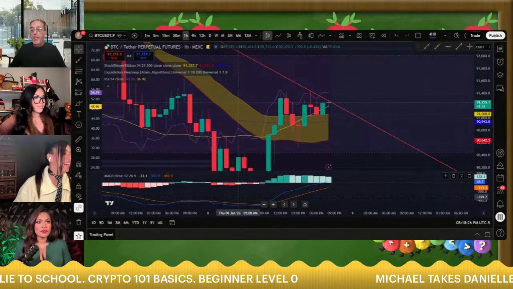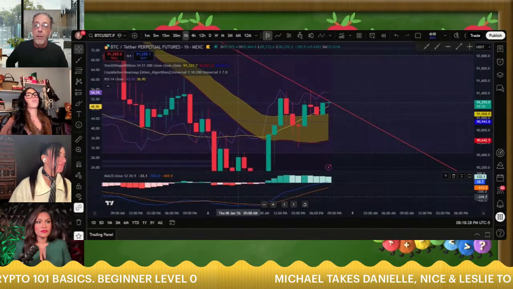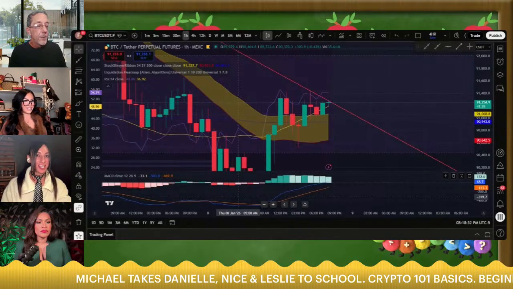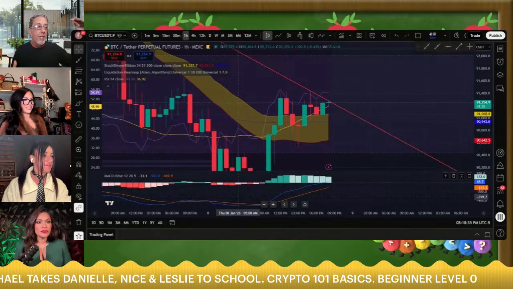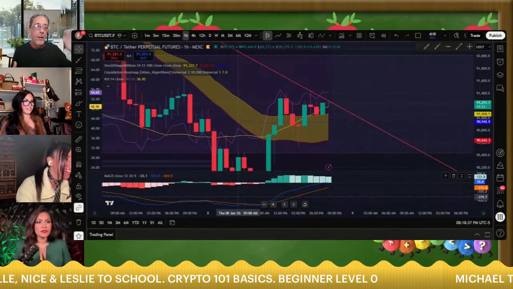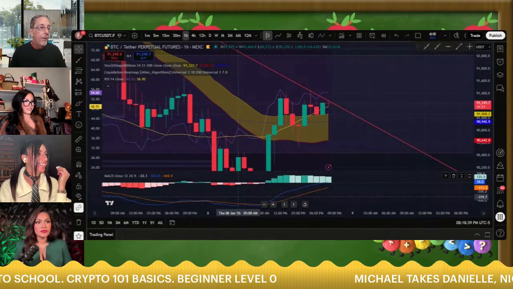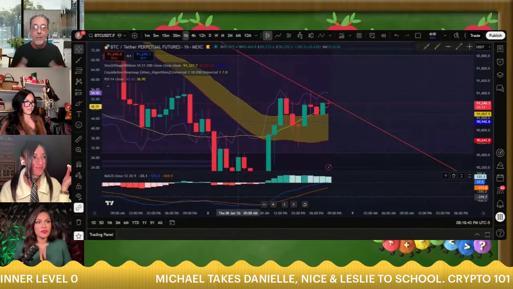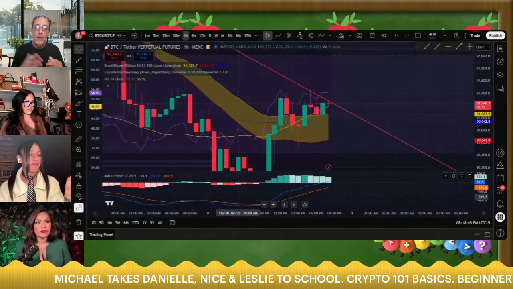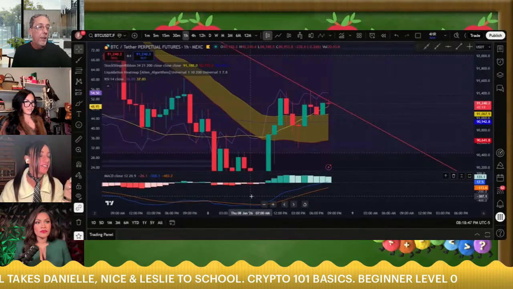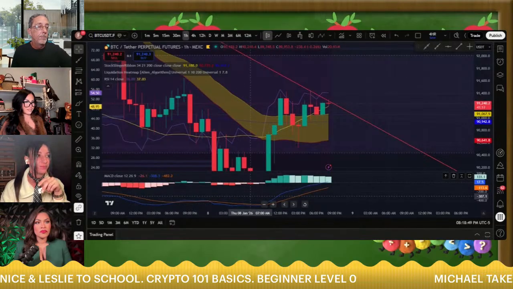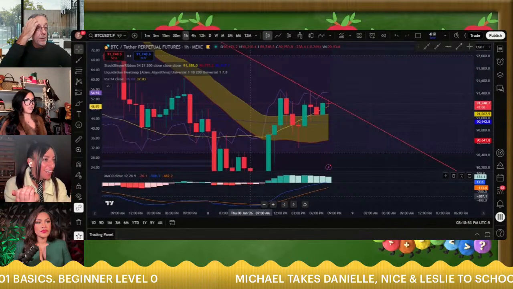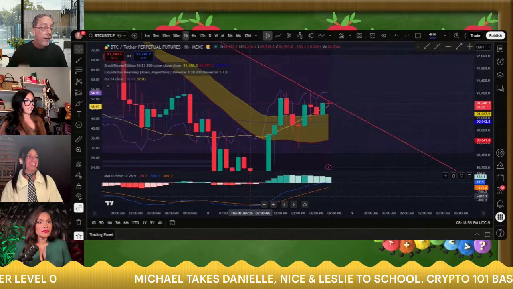Yeah, it's called the relative strength index. Anything above 70 tells you it's overbought. Anything around 50 is decent. And anything in the 30s tells you it's kind of oversold right now. So you can definitely figure those out.